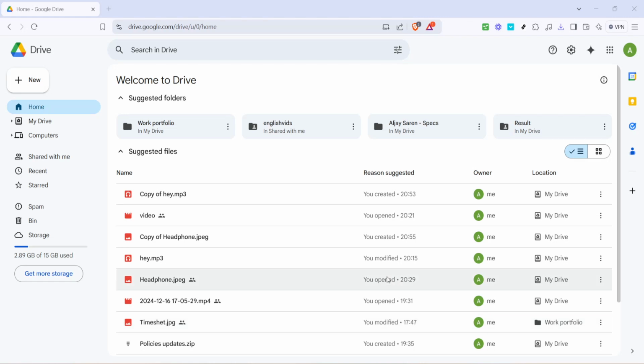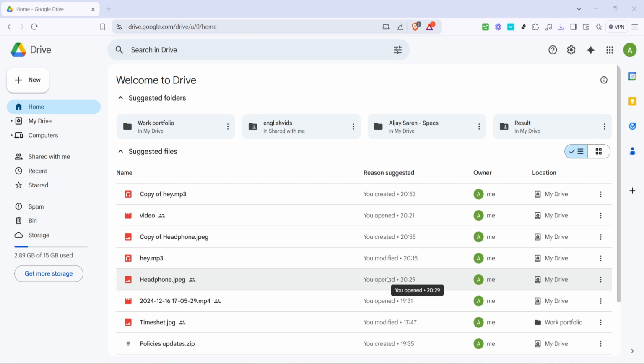In today's video, I'm going to teach you how to add a shared folder in your Google Drive desktop app on Windows 10. This simple process can help you organize and access files that others have shared with you more efficiently, ensuring you have everything you need right at your fingertips whenever you open your Google Drive.